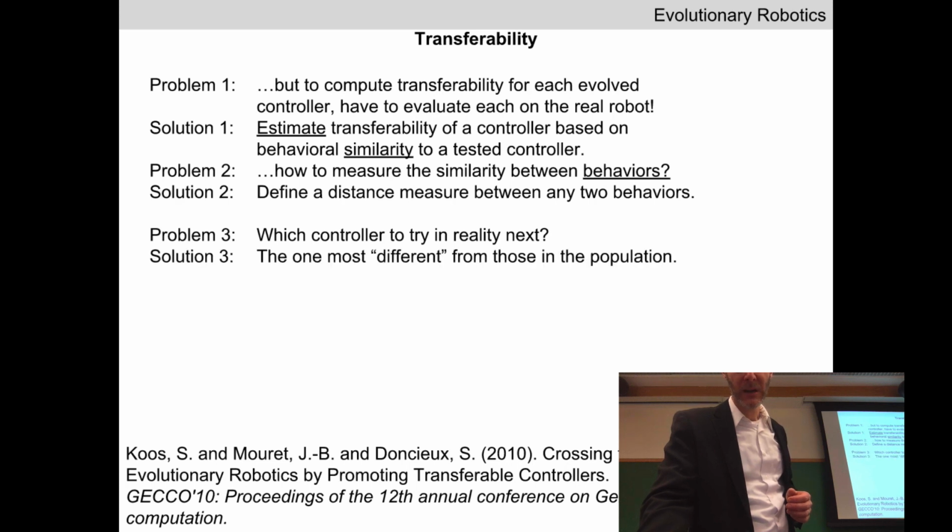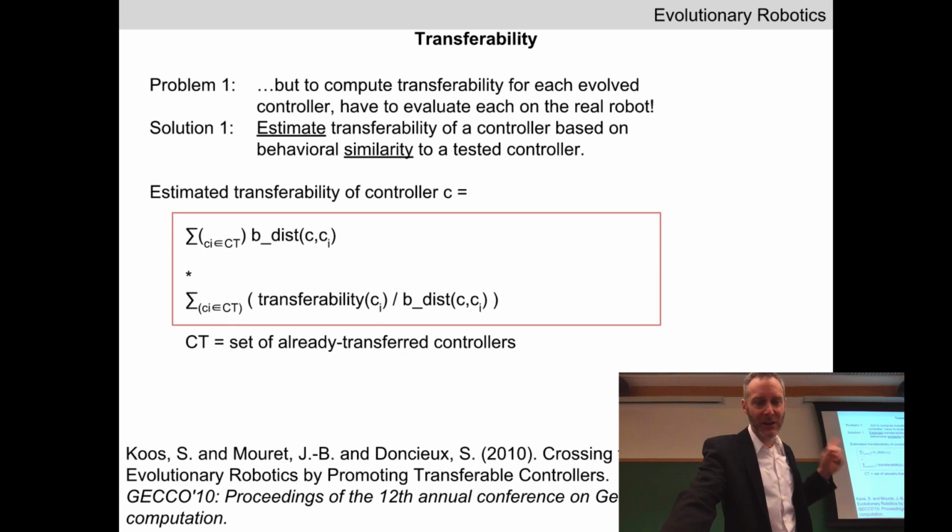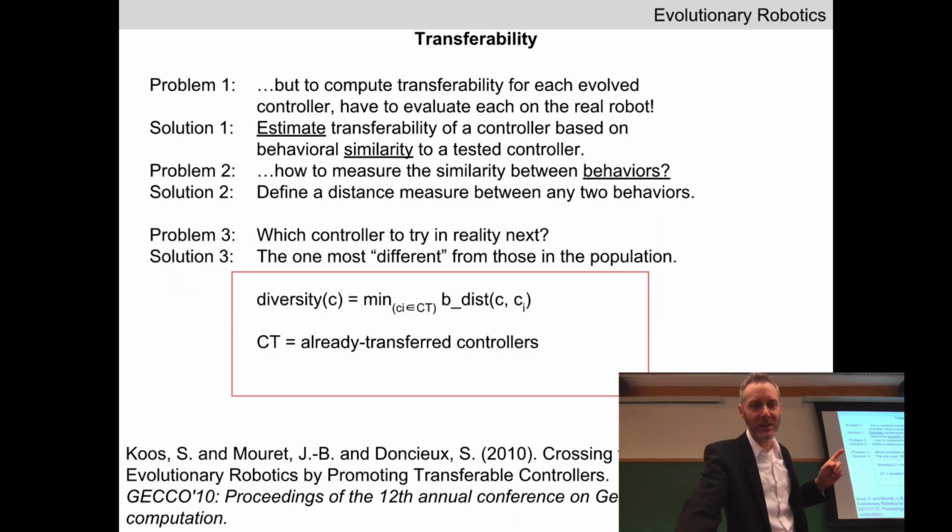Okay. So we're going to try and transfer the one that is most different from the one in the population. So imagine now, I'm sorry, I misspoke. We are not sending the one to reality that has the highest computation. I forgot. I apologize. We're not using this. We're going to do one last computation, which is diversity. So we're going to look at each of our Cs, and we're going to calculate the diversity of C. We're going to calculate how close its closest neighbor is.